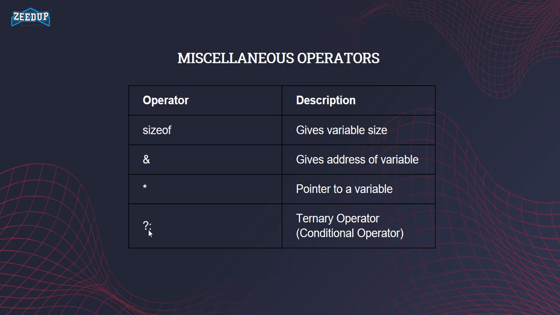Then we have the question mark and colon sign, which is known as the ternary operator. The reason why we are calling it a ternary operator is because it accepts 3 operands. That is, it requires 3 operands to work upon, and it is a conditional operator because it is actually working just like a conditional statement. It accepts a condition and evaluates it. If it becomes true, then it carries out a particular task, or if it appears to be false, then it carries out some other task. That is why it is known as a ternary operator in C.